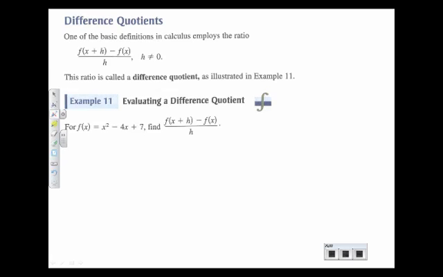So f of x plus h. Let's just figure out what that is first. We're going to figure out the first part. It would be x plus h squared. Remember, everywhere we see x, we're plugging in x plus h. Minus 4